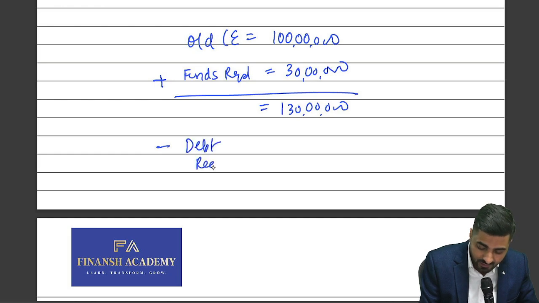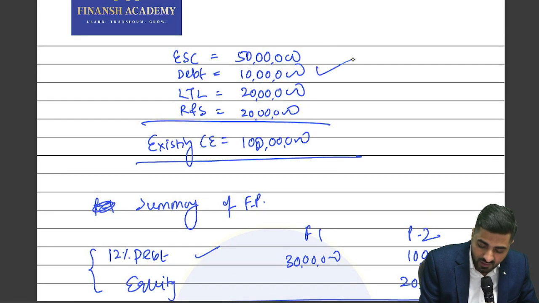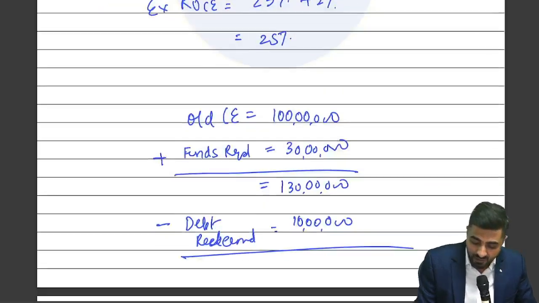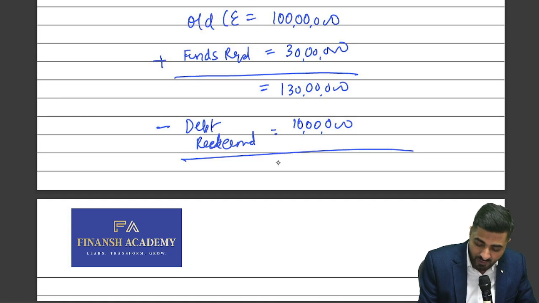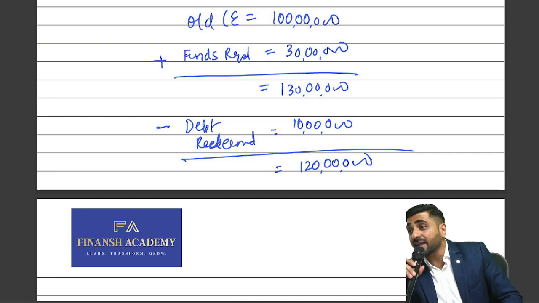Debentures redeemed. Can I say debentures redeemed will be what, beta? How much is it? 10 lakhs. Because debentures are worth 10 lakh rupees. How did I come to know? See, debentures are 10 lakh. If I redeem it, then can I say 10 lakh rupees will be gone? So I'll be left with how much, beta? 1 crore 20 lakh. Now my new capital employed is it 1 crore 30 or